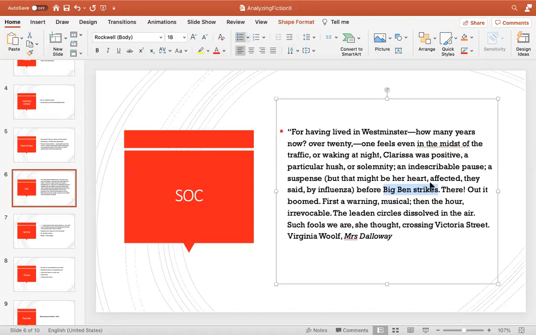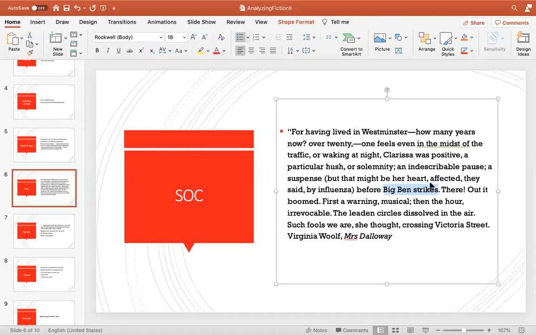So, the Big Ben, therefore, becomes a symbol of what? Of reality. Because, you know, the reality is loud. Okay. The reality which surrounds us, the physical reality, that is loud. But our spiritual self, which is inside us, the heart, you know, it is kind of quiet. It is in a state of suspense.